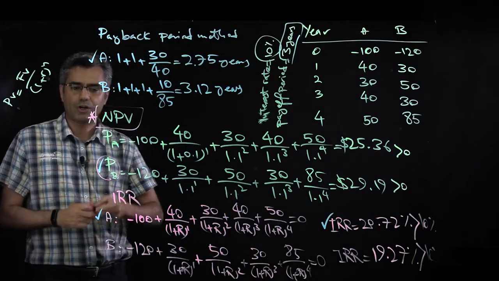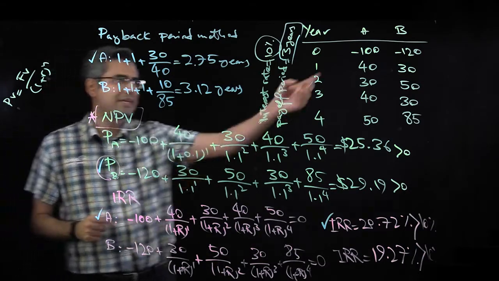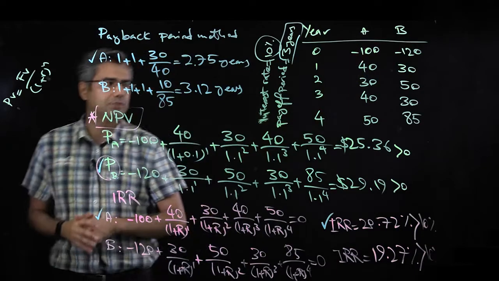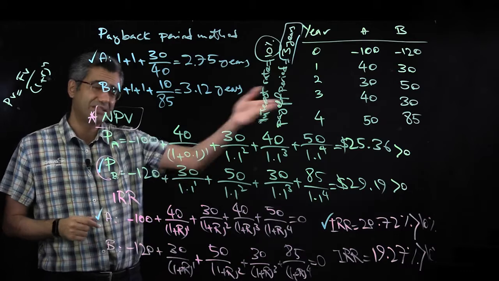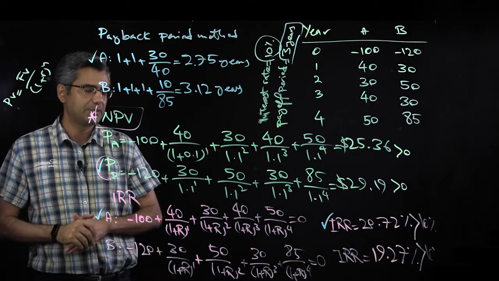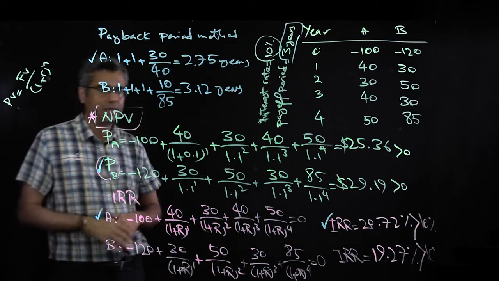The results of IRR and NPV usually are the same, but in some cases like this one, for example, the initial investments are different, or later you have some negative cash flows, the results may be different. So always the best method is NPV. However,